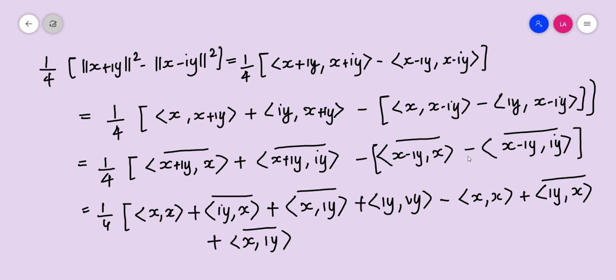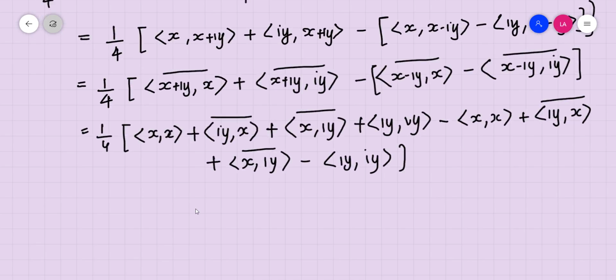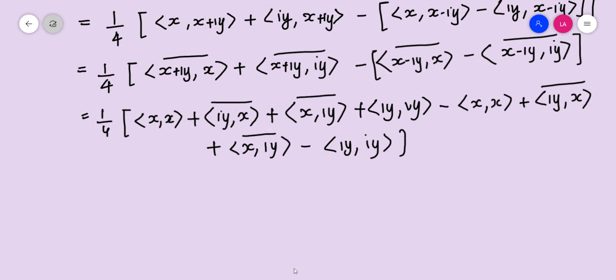conjugate. Next there's a minus times minus plus, plus times minus is minus, inner product iy conjugate, which is inner product iy itself. So this is the answer. Now we can clearly cancel inner product iy plus and inner product iy minus. And similarly, we can cancel inner product xx and minus inner product xx. So this should be equal to